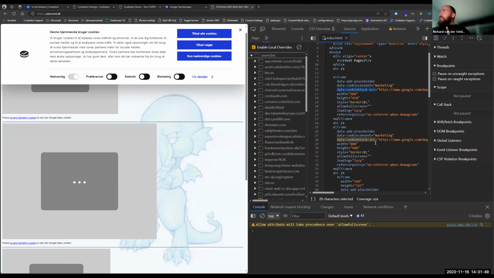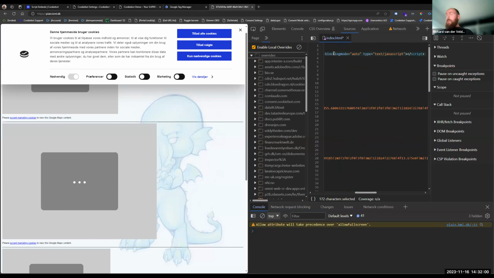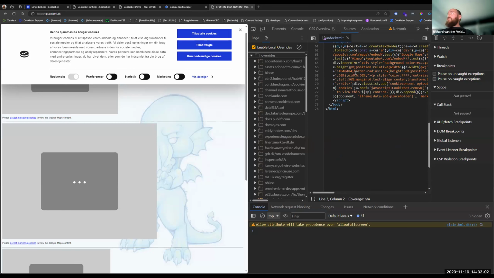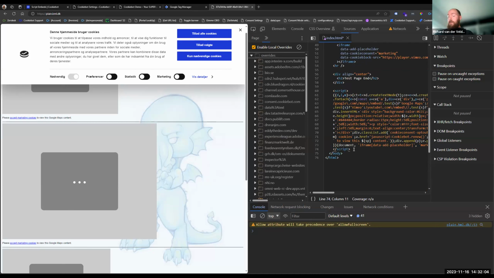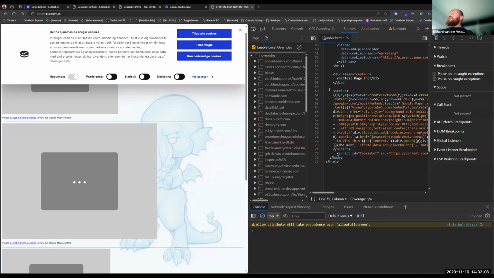Very important thing to remember here is that for this to work, Cookiebot has to be the very first thing to load. Because if, let's say, I take it and move it all the way to the bottom, that's something we like to do because then the page is already loaded and the script doesn't slow anything down. But now this little script here